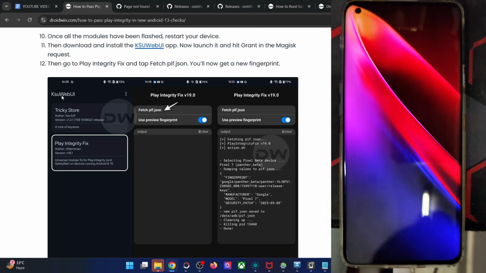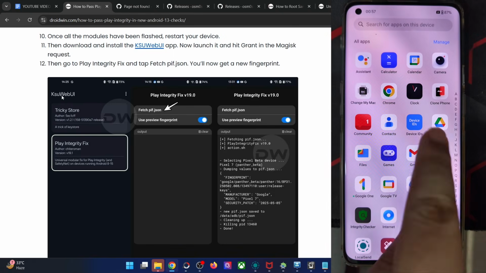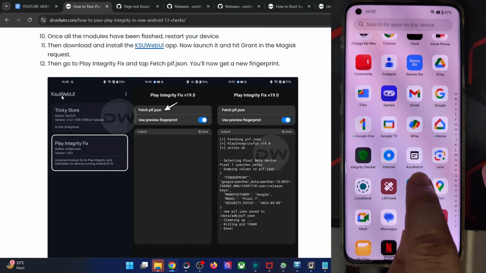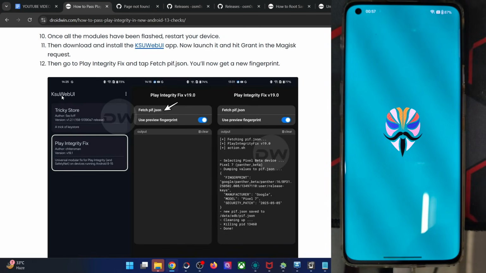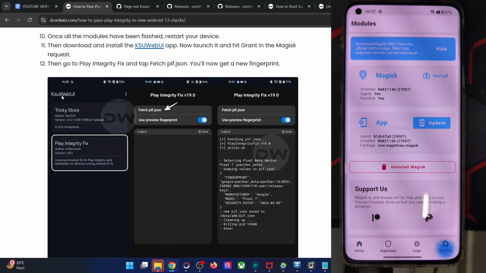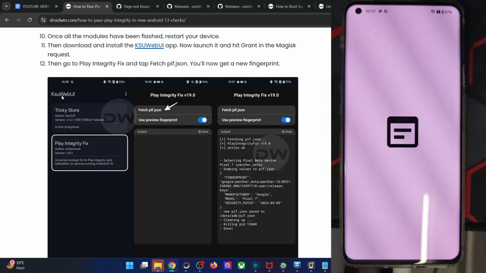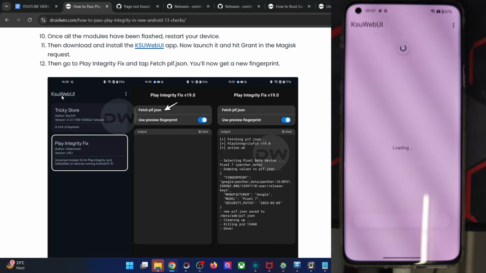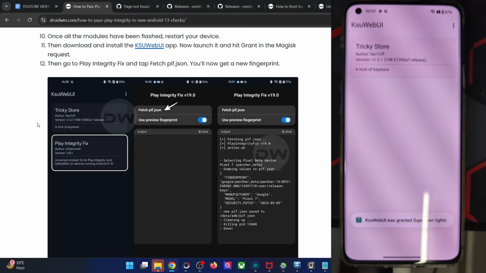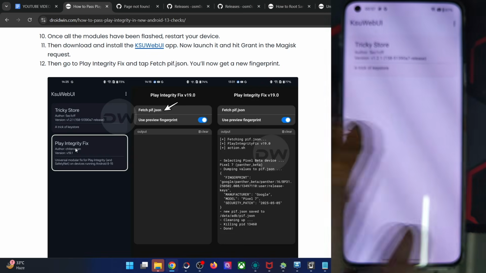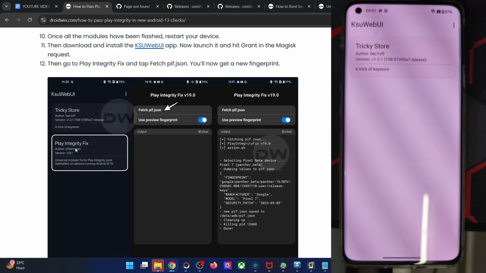First and foremost, let's launch the Magisk app and verify the module is there or not. The module in the Magisk or KSU or KernelSU or Apatch, all will do. For now, I'm using the Magisk app module, and as you would see, we have the fork app. But now, if I launch the KSU Web UI, you will see that it's no longer there. Only the official Play Integrity Fix mod is there, but the Play Integrity Fork is no longer there in the KSU Web UI. But it's not a cause of any concern whatsoever. Even if it's not there, simply skip this.